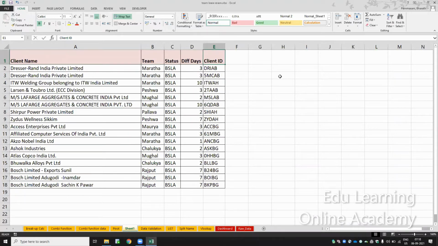This is INDEX and MATCH. So we have left this INDEX and MATCH. I'll tell you later because this is a bit confusing. So VLOOKUP means, suppose I have a value here.